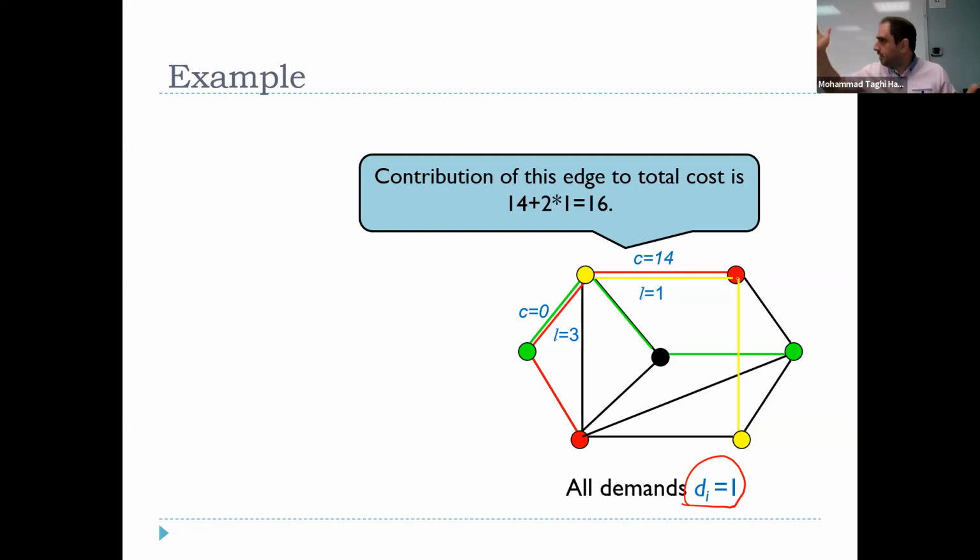Because you can multiply this installation cost a lot. So you can say the demands are 1, but the installation cost is just multiplied by a very big number. Then these demands will essentially be nothing. Just the installation cost would matter. That would be Steiner forest. So if the demands compared to the installation costs are very small,